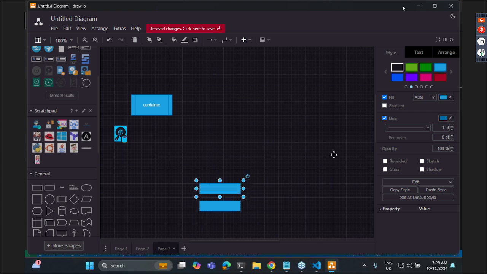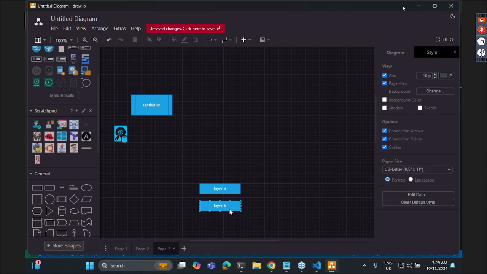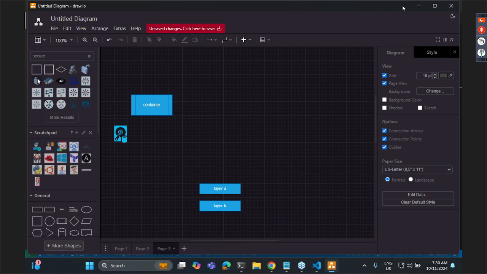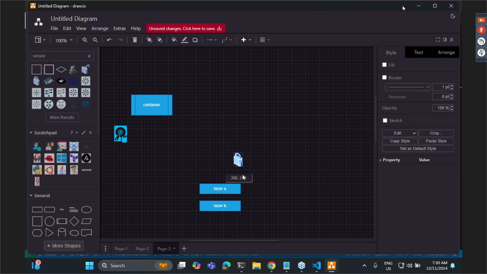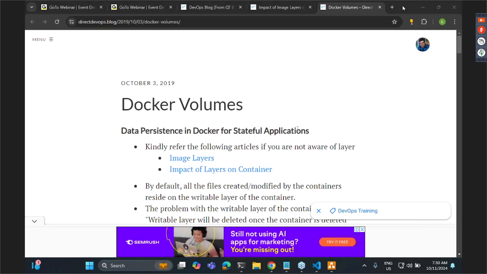So whenever we create an image, let me call it layer A or layer B. Multiple layers form an image. This is something which you have learned. And one more thing which I have spoken about is that these layers are read only. That means once we create these layers, there is no change that is happening. Now, if I basically get into the container,